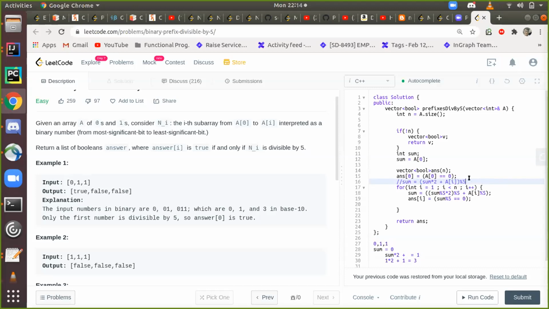One thing I was thinking, I also did the same approach, but I thought that 5 will have remainders 1, 2, 3, and 4, right? So you can create a set of 4 values and check if the subarray you are forming out of the bits falls in any of these, then return false. Did you get it? We have 4 options, right? I didn't get that one. Can you please repeat, Shashank?